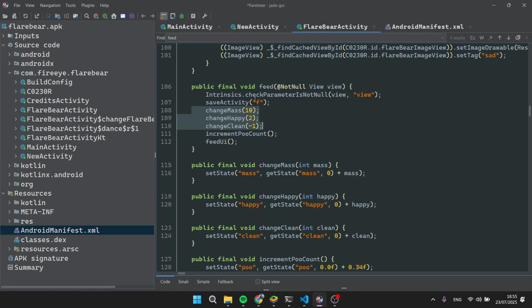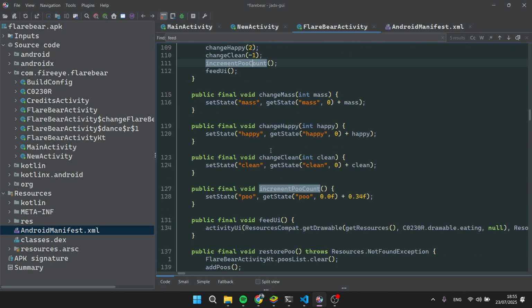That's going to be taking three parameters, 10, 2, -1. And then increment poop count. So that means when you eat something or when you feed the beer, he is going to poop, which means that pooping something is actually supposed to be in here. So it's going to be setting the state of a variable called poo, and then just by getting the actual state or the previous state of poo, and then just adding plus